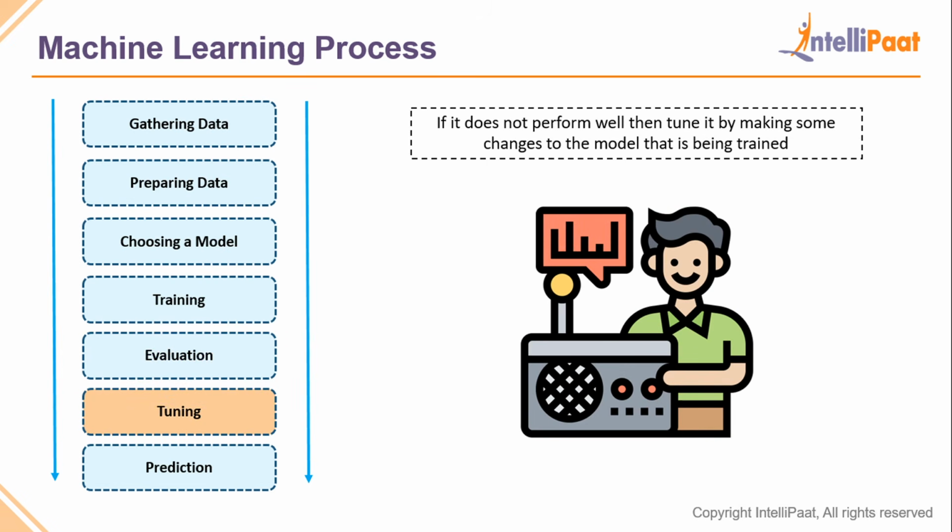Then comes the tuning phase. In the tuning phase, we have trained the model, and we have evaluated it, and we have understood what this machine learning model is doing. Now if the model is not performing up to our expectations, we tune it. Tuning basically means setting several hyperparameters on a machine learning model. Now this could be a bit difficult for you to understand. Don't worry, I'll guide you through some resources that can help you understand these steps more clearly at the end